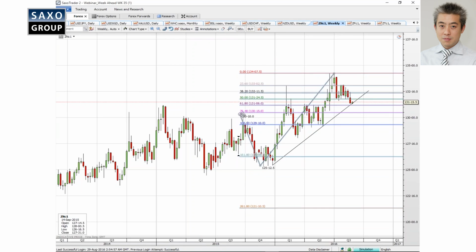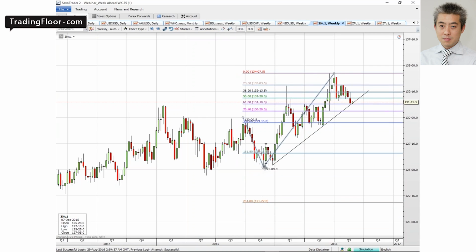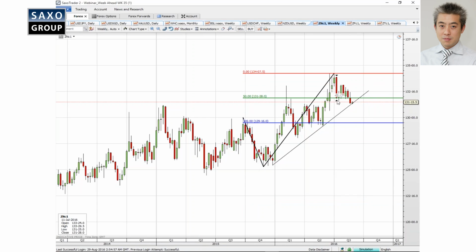Now, if we examine the previous falls in the bond prices for the 10 years, we are going to apply the September highs down to the rate hike in December last year. You can notice that the base has been forming at the 50% price extension level here, which it subsequently broke